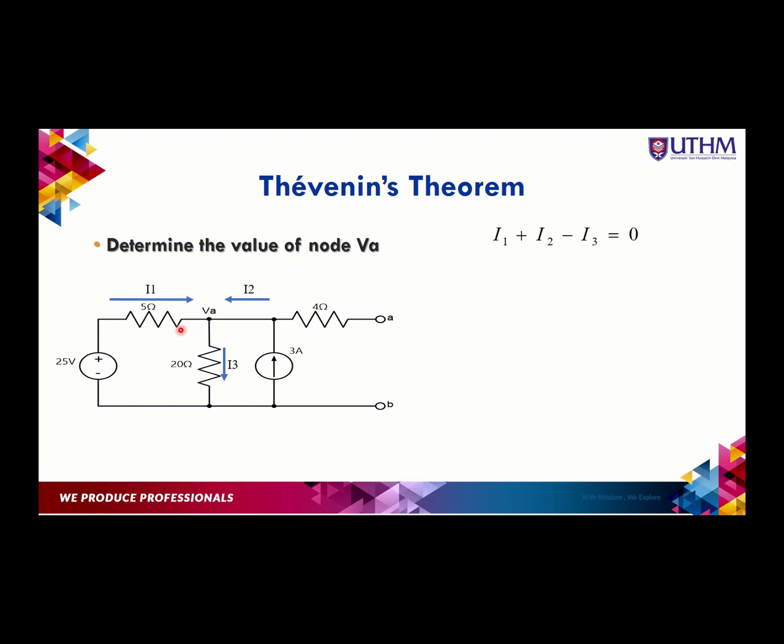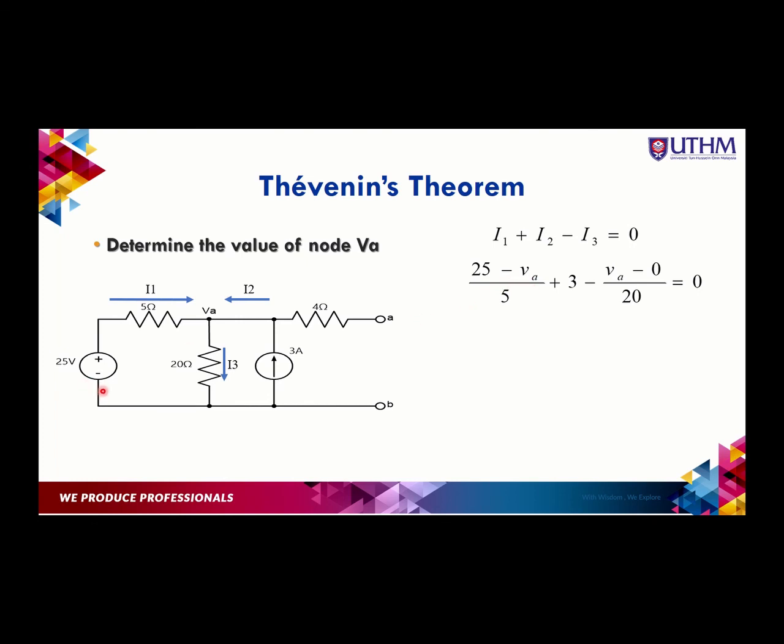As we mentioned before, using nodal analysis, we have I1, I2, and I3 into VA, and I2 will solely be the 3 ampere from the current source, going into the VA point. So we can write down the equation I1 plus I2 minus I3 equal to 0, and this becomes the equation of